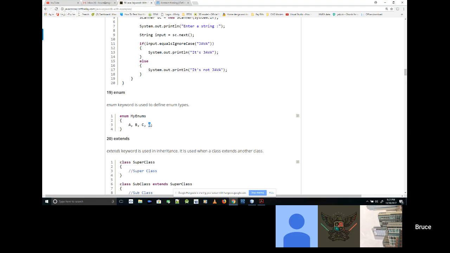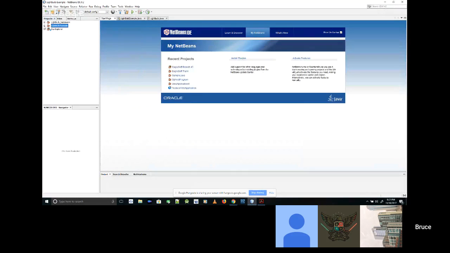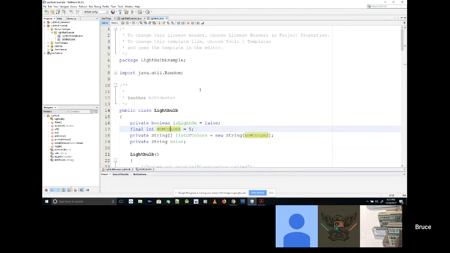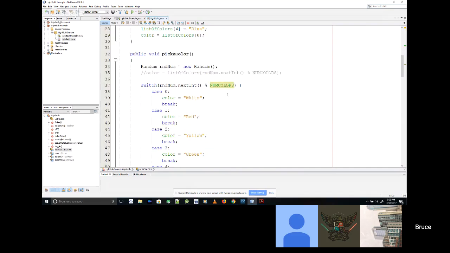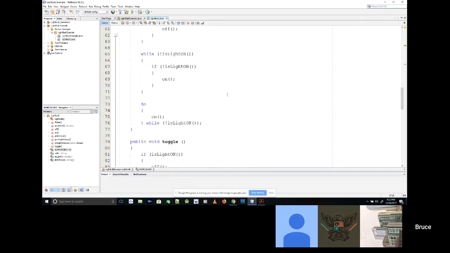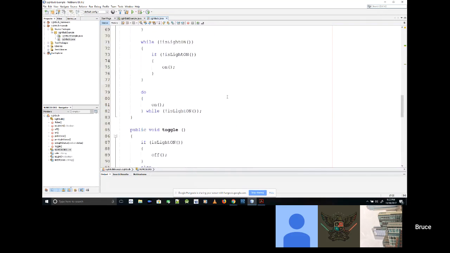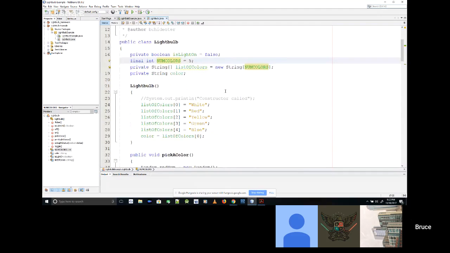Remember, I did an enum with... Oh yeah. Let's see if I did an enum. I probably did it on my light bulb here. I did an array here. Well, in this case, I didn't.